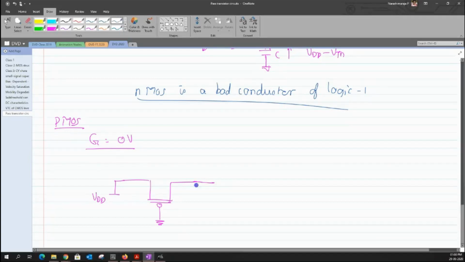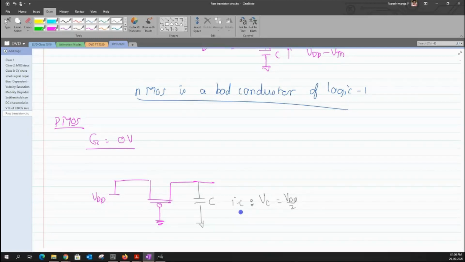So let me fix a capacitor to the right side terminal of my PMOS. Just for ease of thinking, I'm going to assume that the initial voltage across this capacitor is set at the mid value, so that I can use the same initial value across both circuits. But this can be any voltage value. It can be any voltage between VDD and VDD by 2. Any value within those two ranges can be selected. Now under this condition, we have to see which side we can designate as our source terminal.